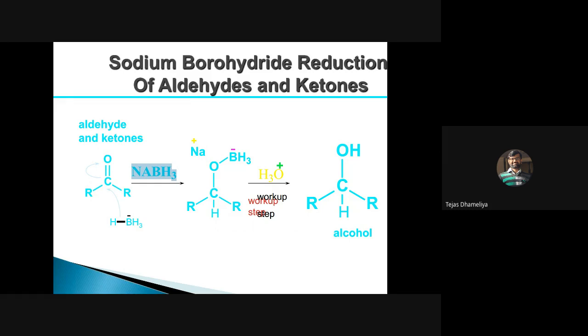From the Grignard reaction also we can make alcohol. And in this nucleophilic addition reaction, you will see here there is no carbon-carbon double bond, but in this case there is a carbon-oxygen double bond, and this carbon-oxygen double bond we can reduce to alcohol. And reduction is what? Reduction is nothing but the addition of hydrogen. So in this reaction, carbonyl compounds are added with hydrogen atoms.